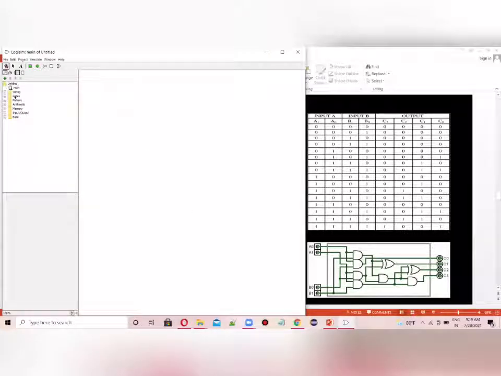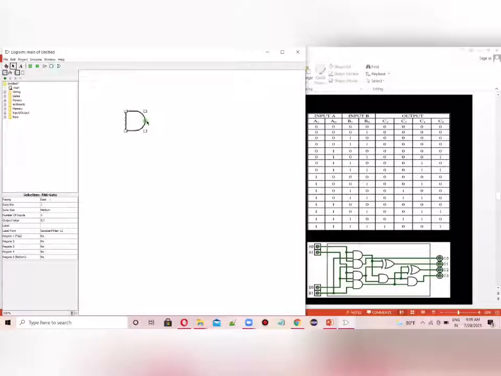So all what I need is 4 AND gates. So I'll take 4 AND gates here. I am taking 4 AND gates. So I'll take one more AND gate here. So I am taking these 2 AND gates here. And I'll take the other 2 AND gates for the B part. That is for the A, and this is for the B.